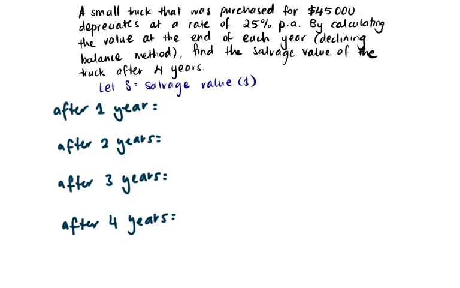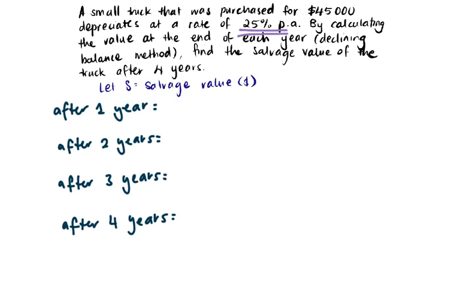Now, to make our calculations a lot easier, instead of using the 25% per annum and multiplying that by the $45,000 value each year, and then subtracting it from that original value, we're going to make the calculations a little bit simpler. Instead, we're going to find 75% of the value each year, because we've subtracted 25 from 100, and that gives us our remaining value. So the salvage value at the end of each year will actually be 75% of its value at the end